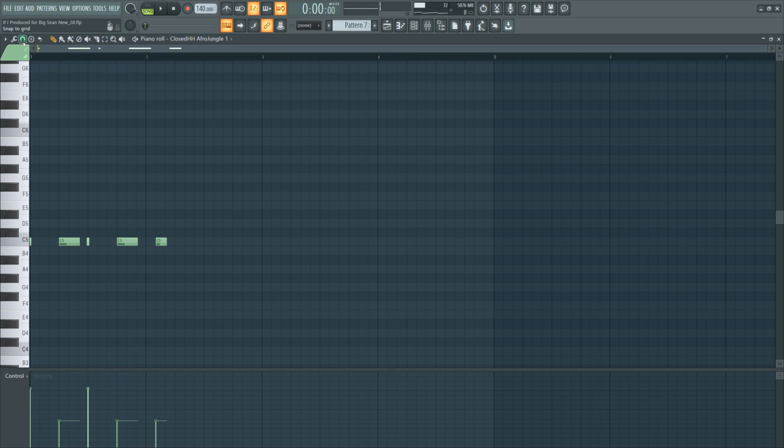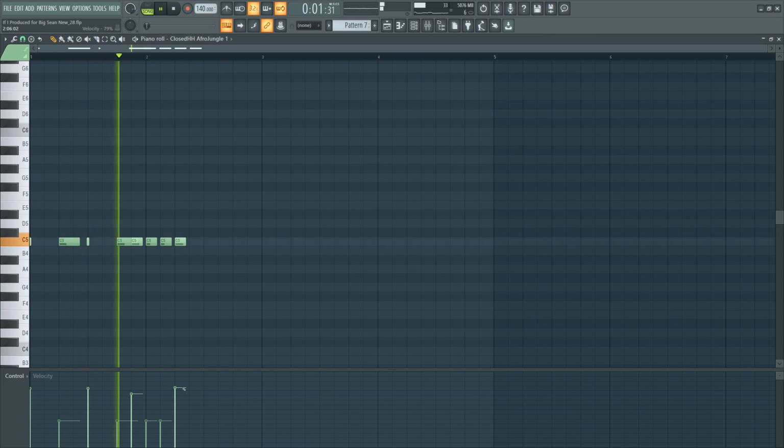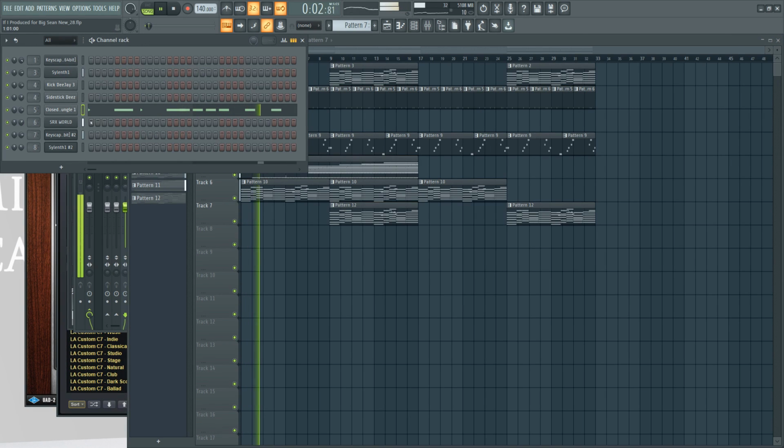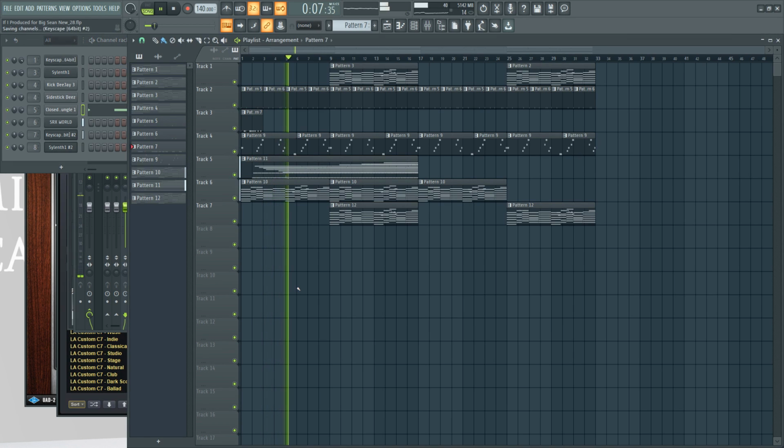We might not need triplets actually. So it's just a matter of accenting the notes. I thought it was a triplet note, but it's not. I would like an open hi-hat there, but I'm not gonna get too crazy.